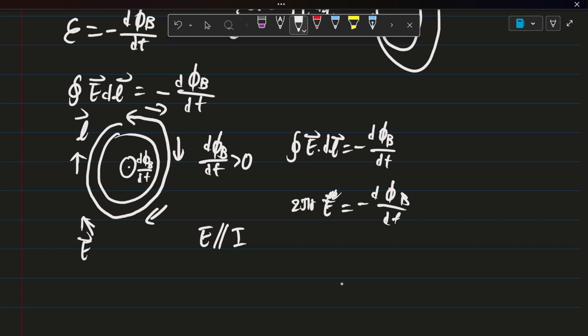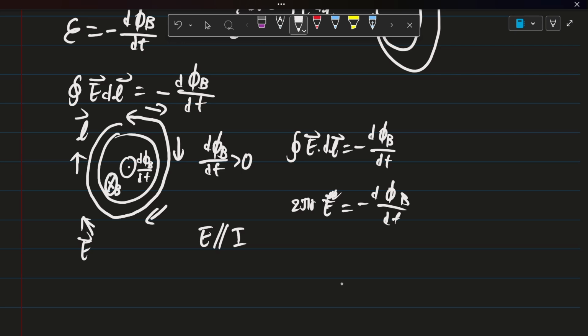Because the electric field is parallel to the path, it contributes to most of the current, so it's proportional to the current. And because of this current, we can use the previous law, Ampere's law, to determine the magnetic field. Observing this and using your right hand rule,